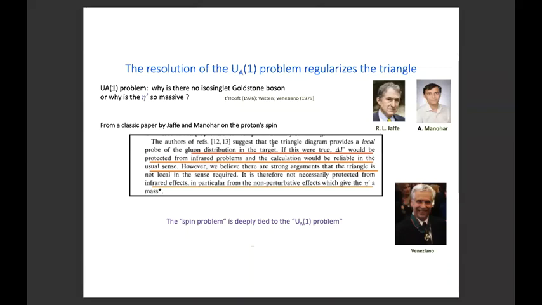And this was actually pointed out by Veneziano, and Son is very familiar with this medal that he's wearing. It's a Dirac medal. And so even though this was pointed out by Veneziano, his work was almost entirely ignored. Okay. So you can actually find books on the spin of the proton where you see almost no reference to his work. And so one of the subtexts of my talk is that he was absolutely right. And what we do is actually recover Veneziano's results in a different way, which also allows us to go a little bit further.